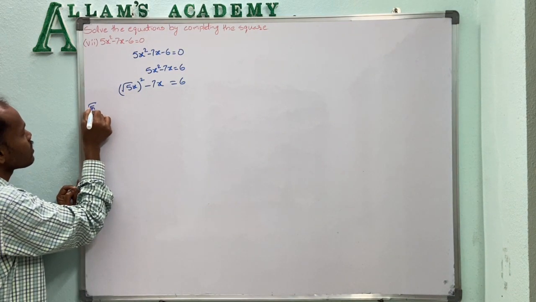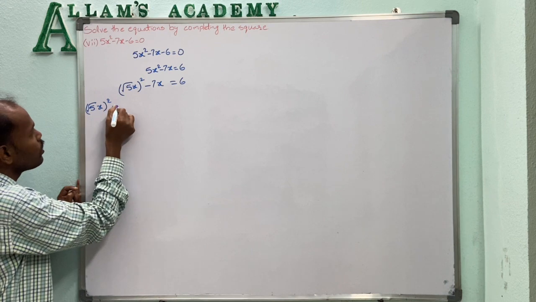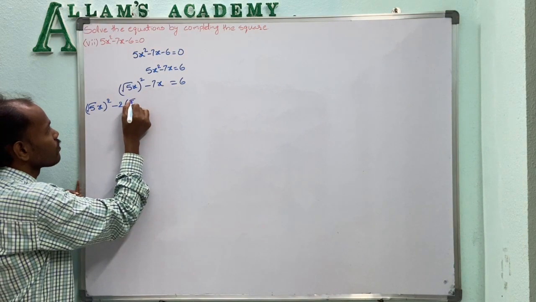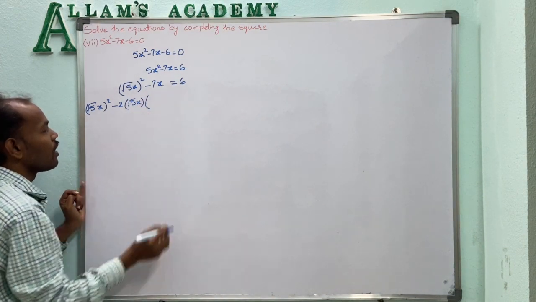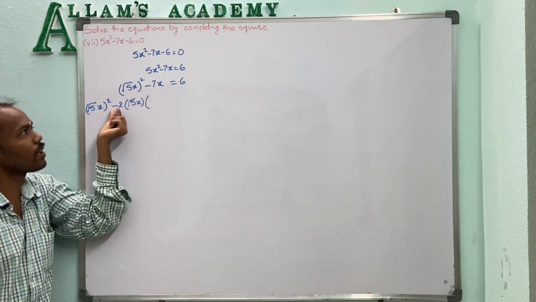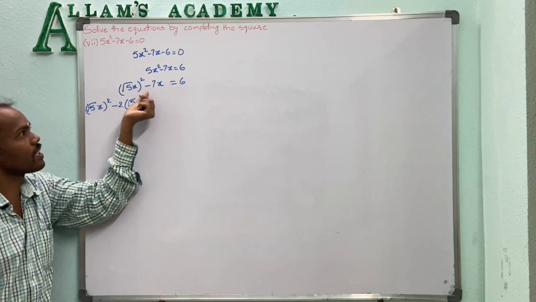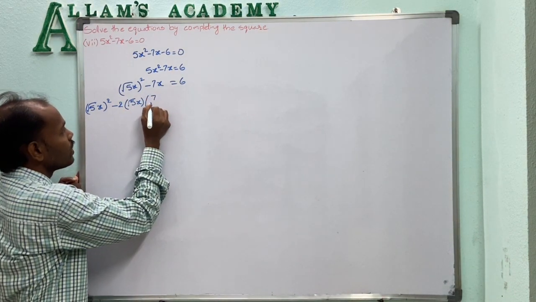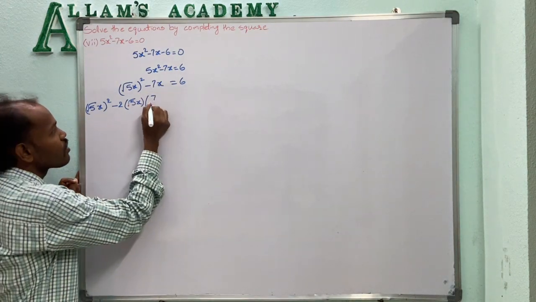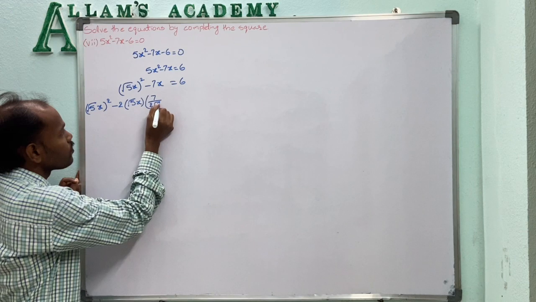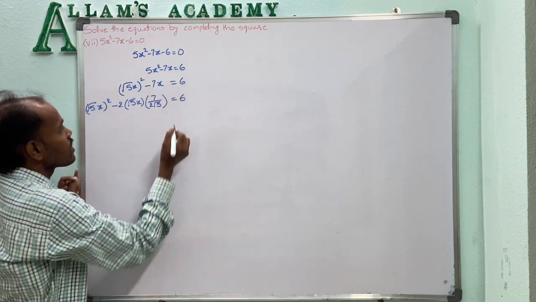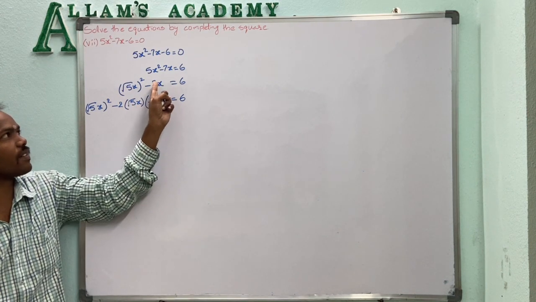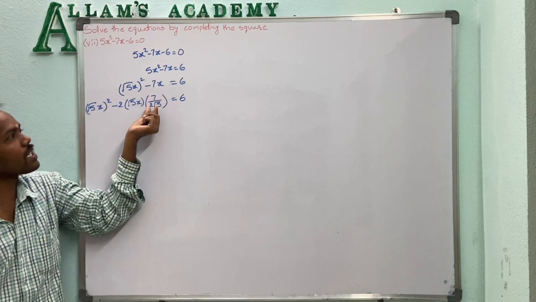So (√5x)² minus the 2ab term: 2 into a, here we wrote √5x, and the b term we have to write. Here 7x is there, but here 2√5x is there, so x and x are the same. Now 7 is there, but here 7 is not there; for that purpose we multiply by 7, and the 2√5 term is not there, so we divide by 2√5, equal to 6. Now here the b term is 7/(2√5). 2√5 and 2√5 get cancelled, x into 7 is 7x. So the b term is 7/(2√5).